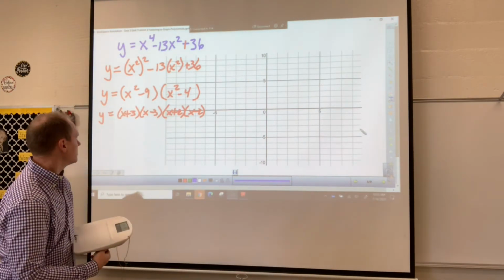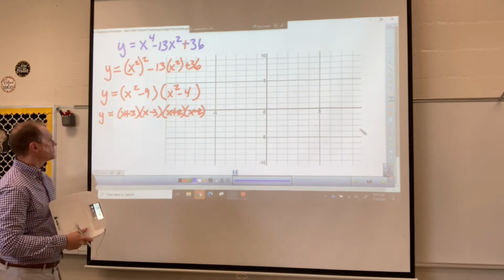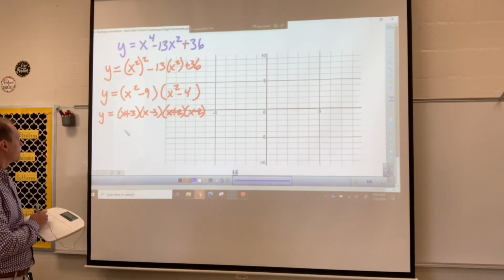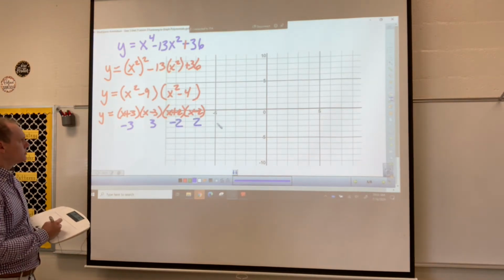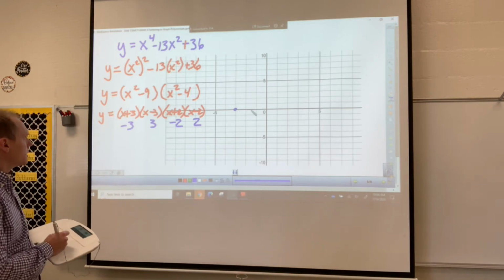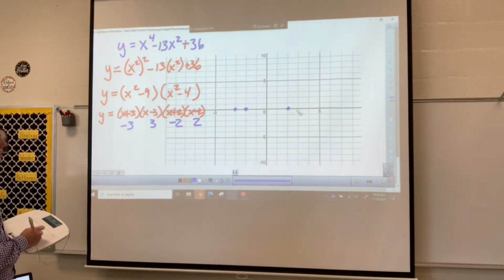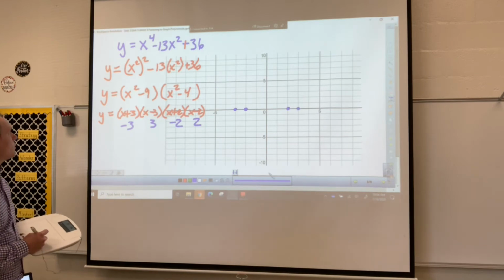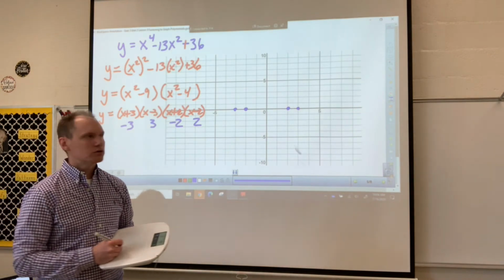Okay, so in this function here, we have 4 different zeros. We have -3, +3, -2, and 2. So let's go ahead and plot those: -3, -2, +2, and +3. Now end behavior, we know it's a positive even degree, so it's going to be going up